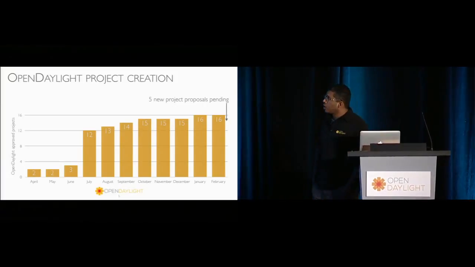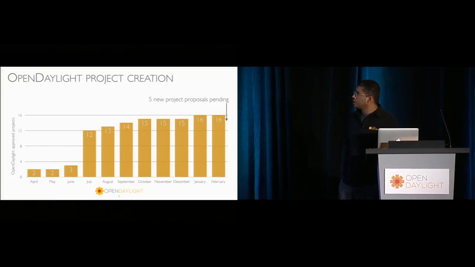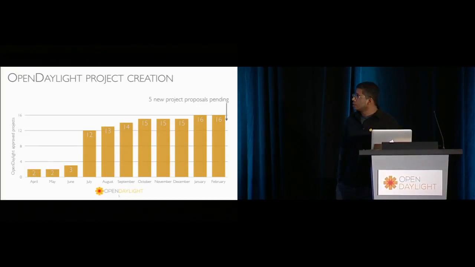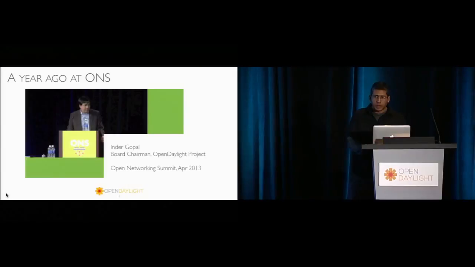So one measure of code is the number of projects, and you can see that in just 1 year, we have already 16 projects of varying sizes, right? Some of them are small, but some of them are also very large, and we'll take a look at the overall size of the projects next. Talk about other ways to